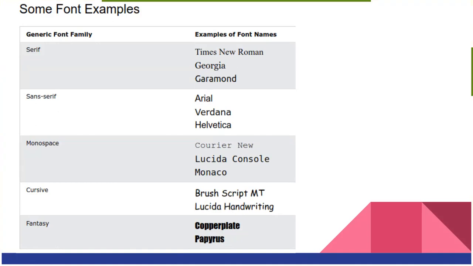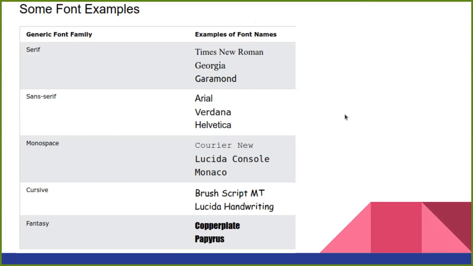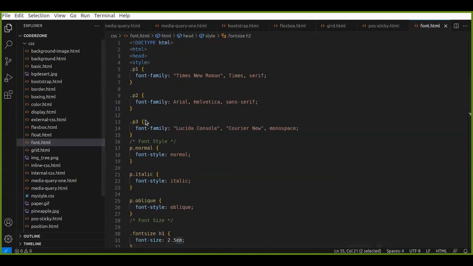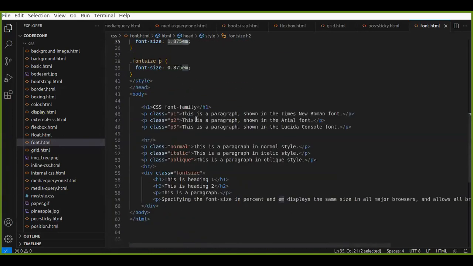Okay, let me move on further. I will show you some HTML snippet which I have taken as an example for this purpose. So here I have created a font.html, and below I have added 3 sections of font that I need to talk about. This section is all about selecting the font family. These 3 are for the font